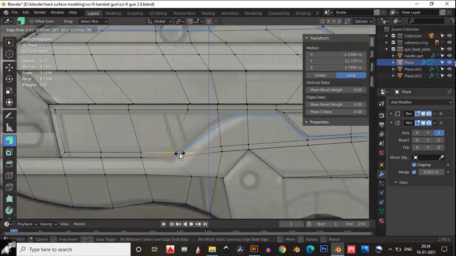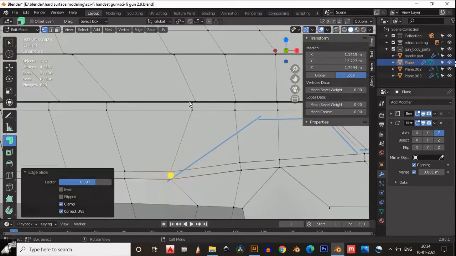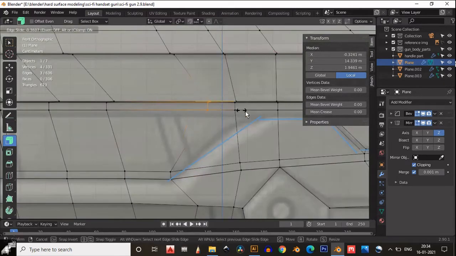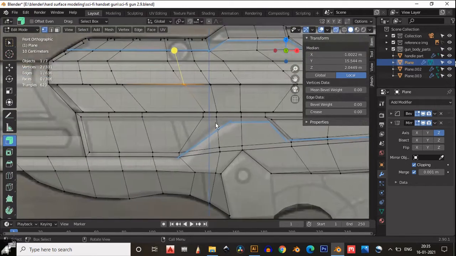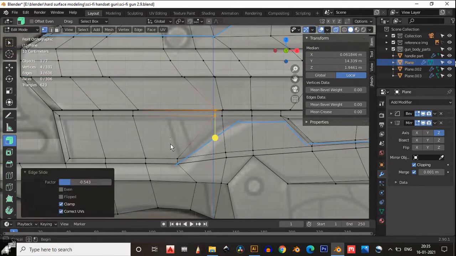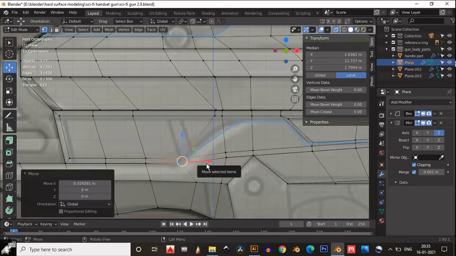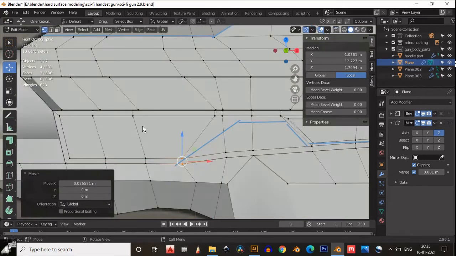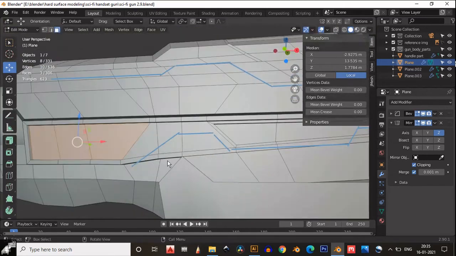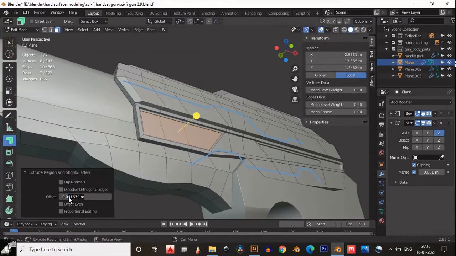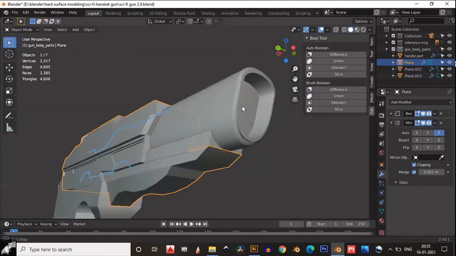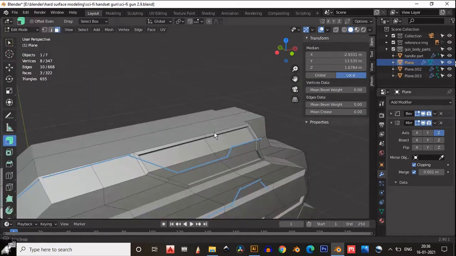Then one more time you need to move your vertices. Then insert the faces and extrude inside. Like this, you can see our mesh looks pretty good.